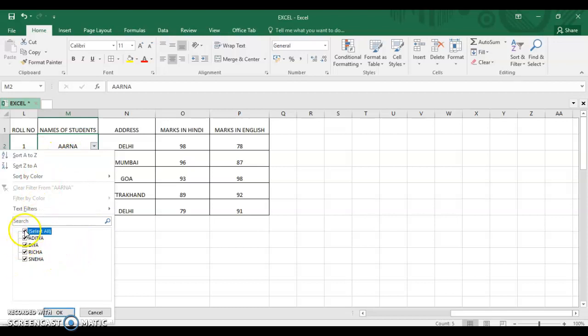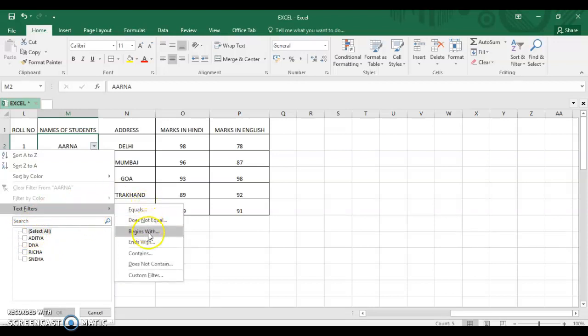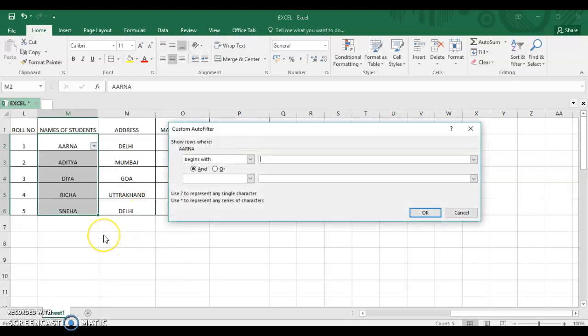Over here I'll click on select all so that everything doesn't get selected, because before that you can see there was a tick. Over here, now let's go to text filters. I'll show you begins with. I'll click on this, and now over here, if I want to see who is